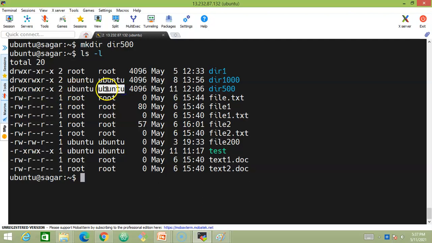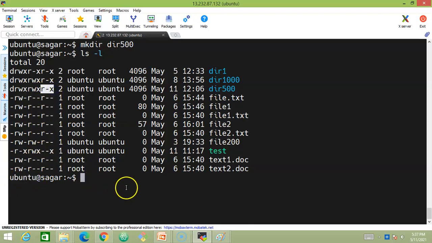Whoever comes under this Ubuntu group, what set of permissions do they have? Read, write, execute. Look at this. The group has got read, write, execute. It means that if some user belongs to the Ubuntu group, they will have the write permissions. Now look at this. Read and execute permissions are available for the other users. So apart from the Ubuntu user, every remaining user is going to be an other user.